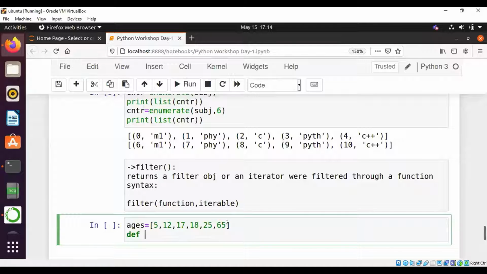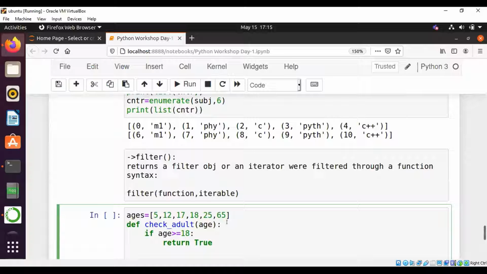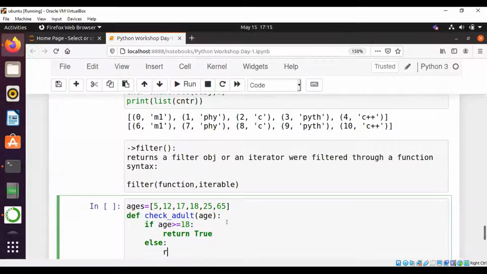Let's define a function to check whether he is an adult or not. We will get into functions later. Just see the syntax and how it is working. If age is greater than or equal to 18, return a true value. Otherwise, we will return a false value.